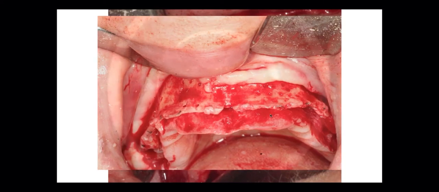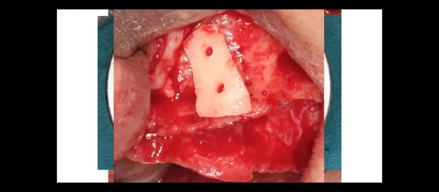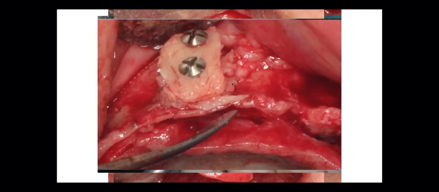So we marked where our implants will be, and we used our onlay block grafts in the areas of 12 and 22. Okay, so it is the drawer technique. We broke a part of the autogenous bone to place them as particles under our onlay block, fixed with 2 screws. And we did the guided bone regeneration on the upper right and the upper left sector. As for the lower part, we did also guided bone regeneration on the areas of 35 and 36,